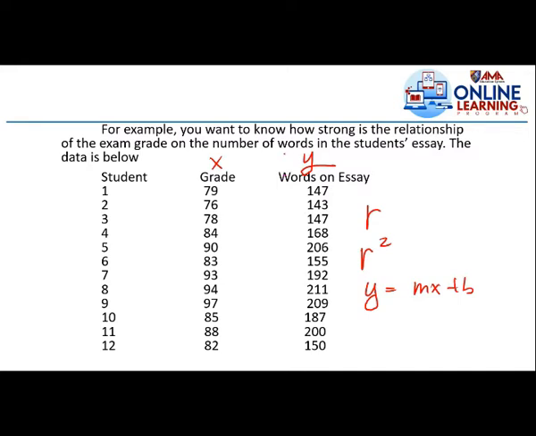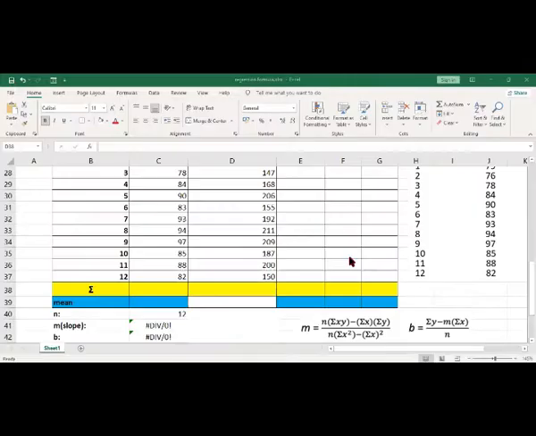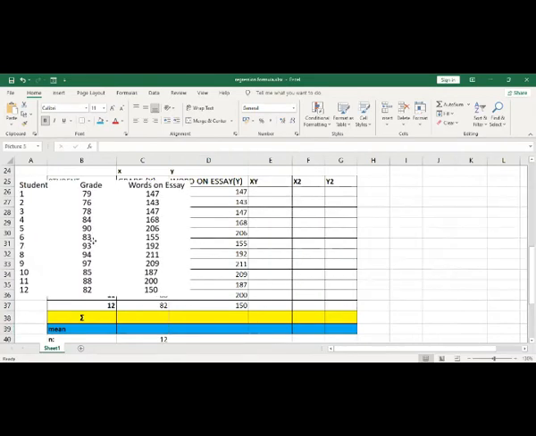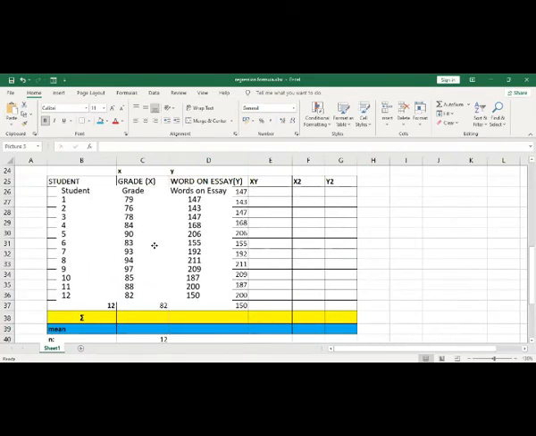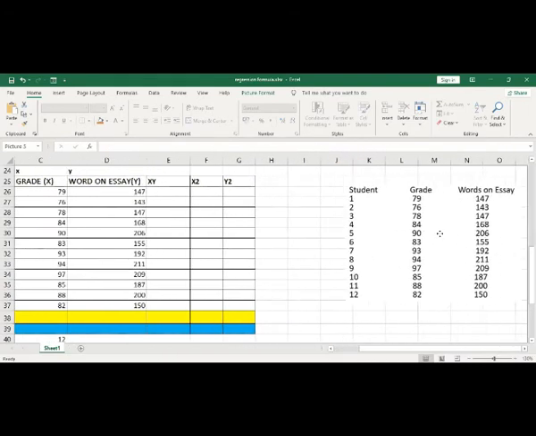So, how can you do this if ganito kadami yung data mo? So, matagalan ka, di ba? So, you have to get the values of xy, x squared, y squared pa, summation pa. So, ang tagal. So, we can do this using Excel. So, ito yung original, di ba? Kunin natin yung R squared, yung regression line formula